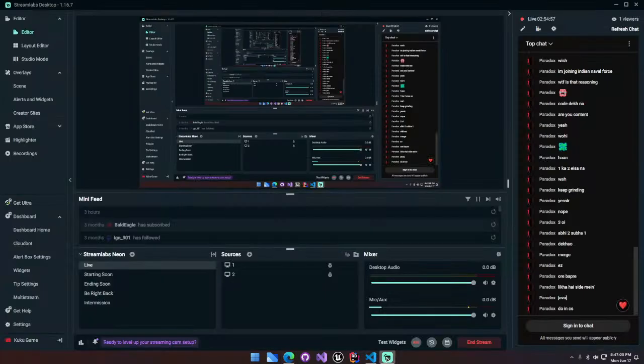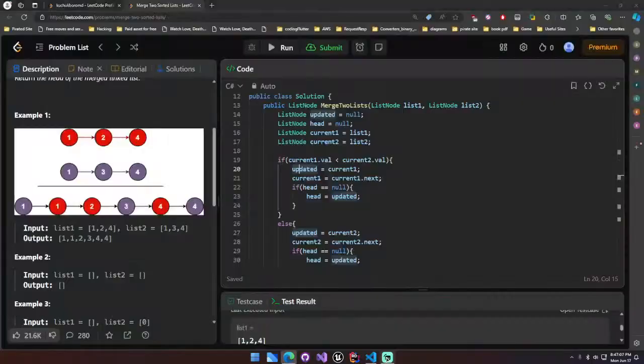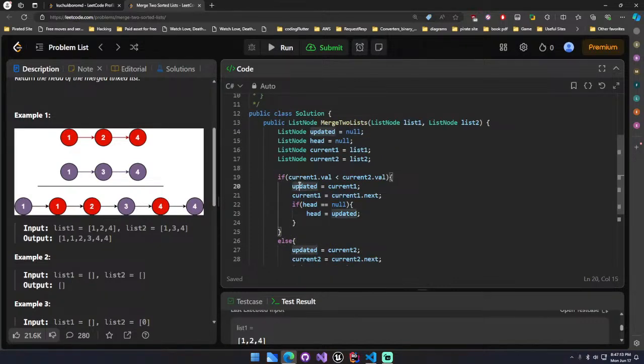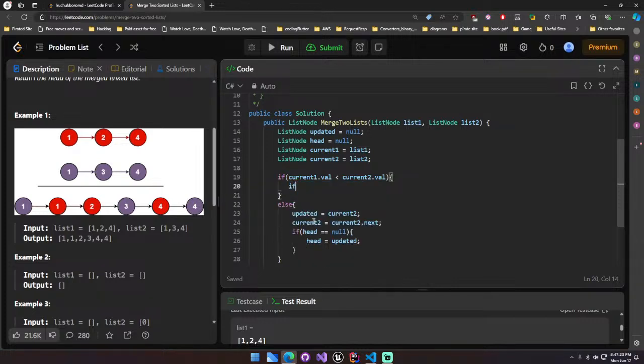So we have updated this one, but now we need to create the next value. If updated is equal to null,